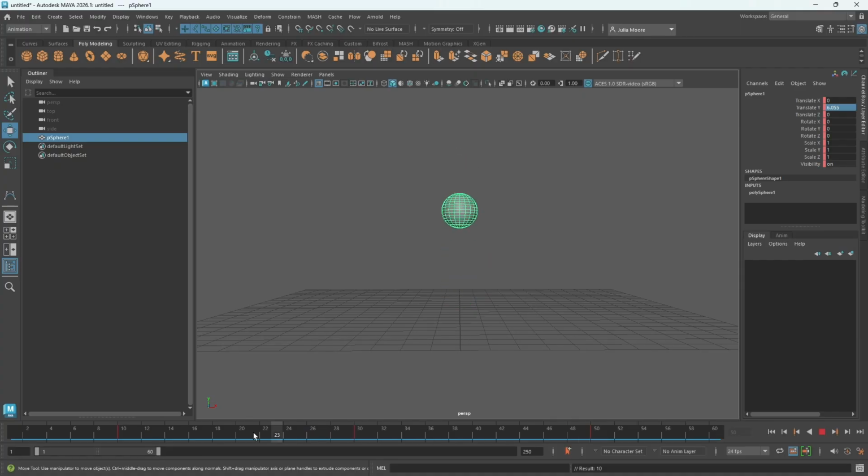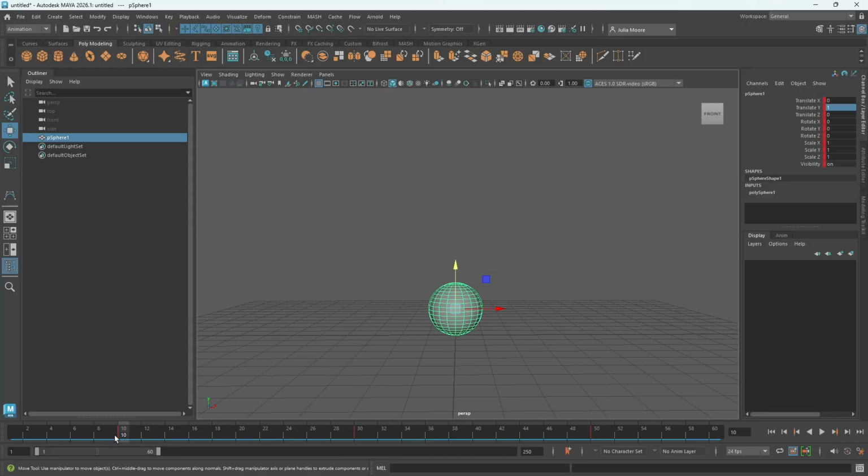All right, so now we have a very simple animation. If we push play, we have a ball that goes up, goes back down, and it's very mechanical. So let's add some squash and stretch to this. Now, as it pops up, there's going to be a little bit of squashing that happens and some stretching as it reaches this peak of its jump. So, on frame 10, let's